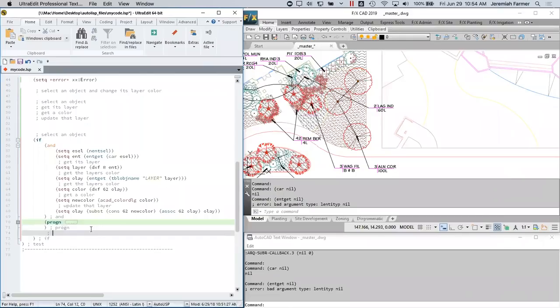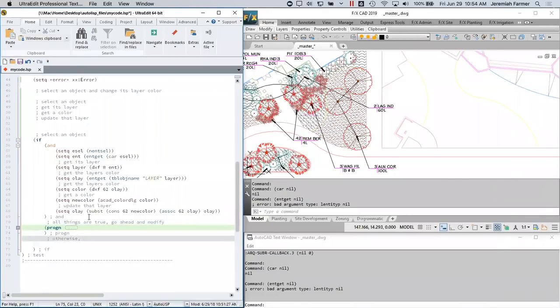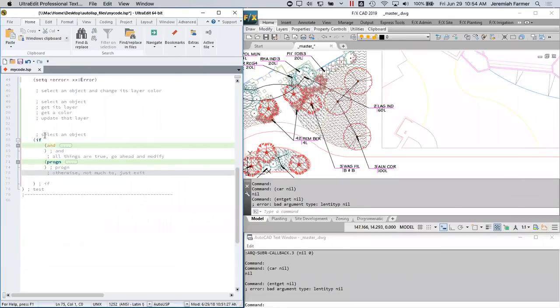And also, being meticulous, you should also put in the otherwise. I love doing this so that it's very clear. And in fact, maybe put something here. Make room for your comments. And so, all things are true, go ahead and modify. Otherwise, in this case, really not much to do, so just exit. And so it's easy to see, if I roll this up now, I can see the structure of what's going on